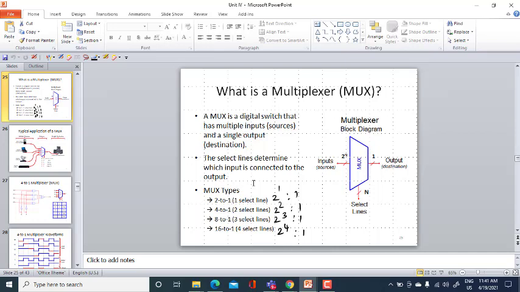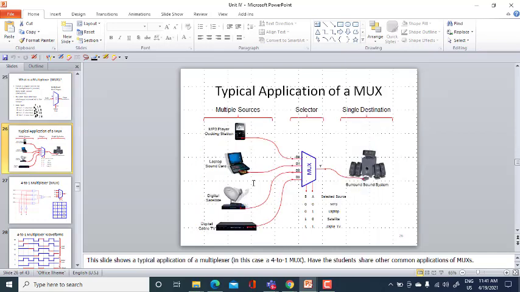These determine which input should be connected to the output. We have seen an example where you have multiple sources such as an MP3 player, a laptop, and a dish connection, and these should be connected to a sound system. Based on the select lines, it is determined which input should be connected to your sound system. This is an example of a mux.